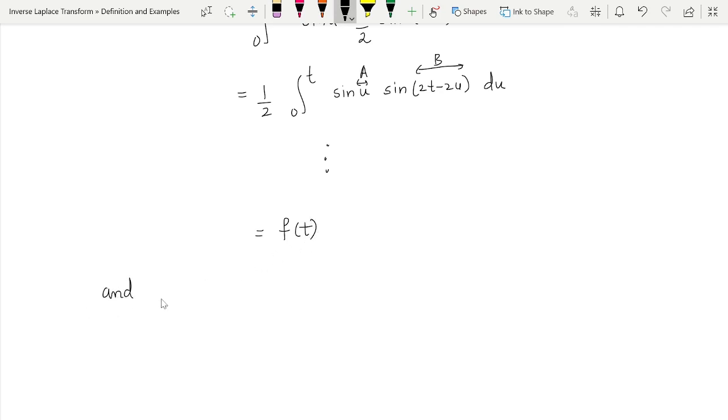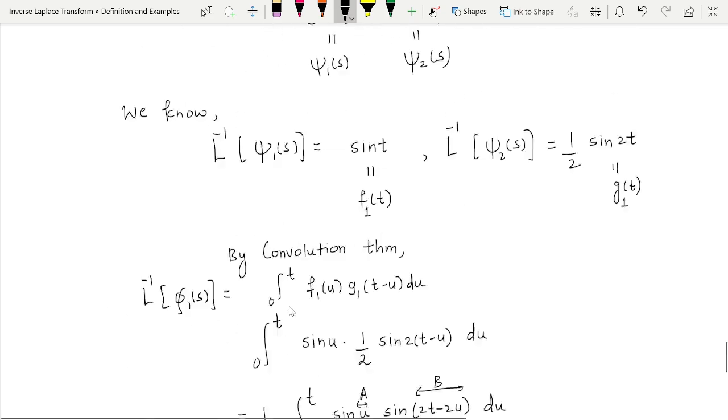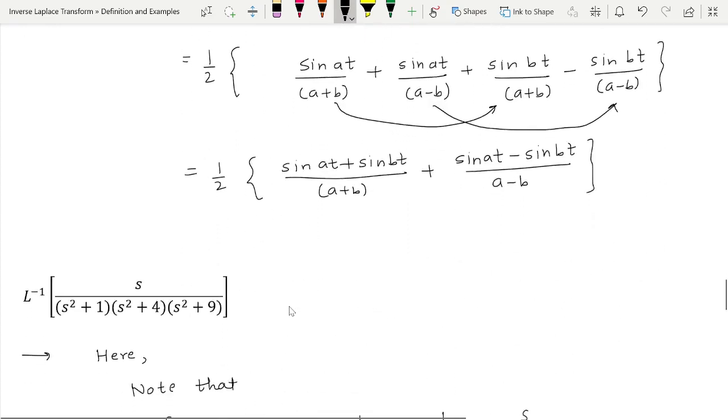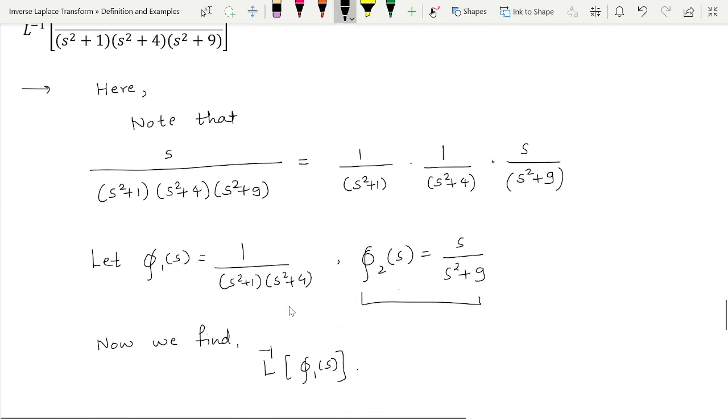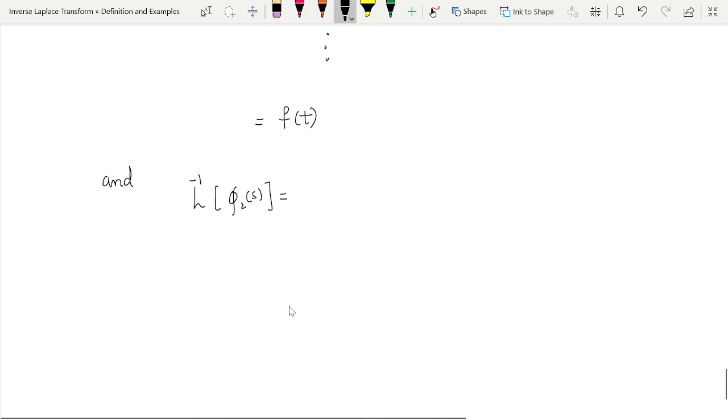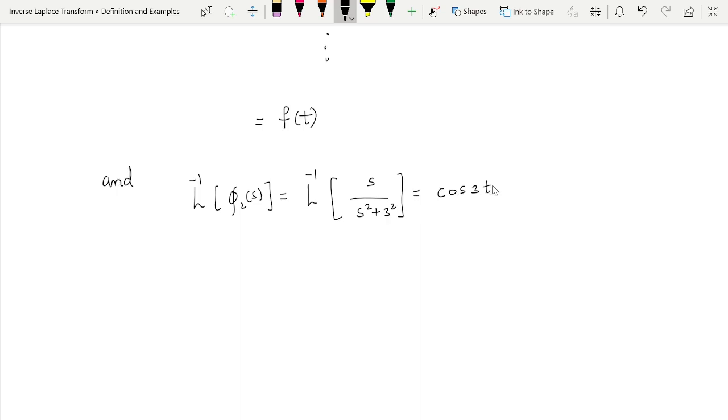And our g of t is nothing but what? L inverse of phi 2 of s. And what is our phi 2 of s? Our phi 2 of s is s upon s square plus 9, and that s upon s square plus 9 can be written as s upon s square plus 3 square. So this is nothing but cos of 3t, and this is nothing but our g of t. Now we can apply convolution theorem. So by convolution theorem once again,